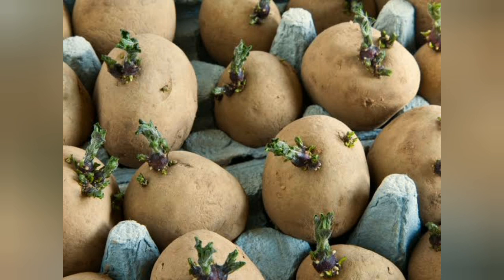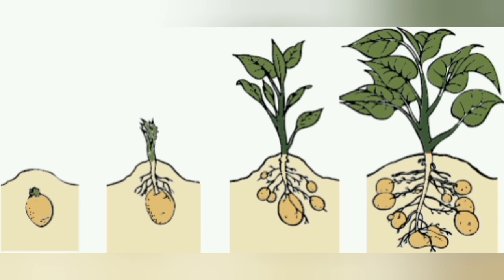Children, here I would like to tell you that some plants also multiply by vegetative propagation. That is, they multiply with the help of roots, stem, leaves, or spores. This is called vegetative propagation. Let us take, for example, potato. Potato is an underground stem. It has buds or eyes which grow into a new plant.